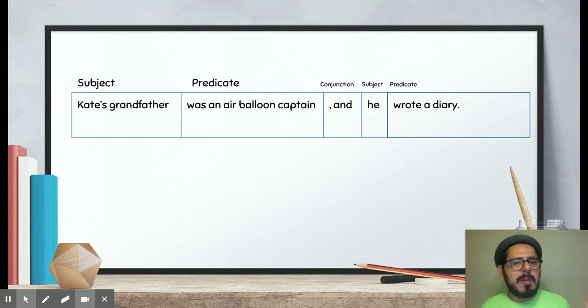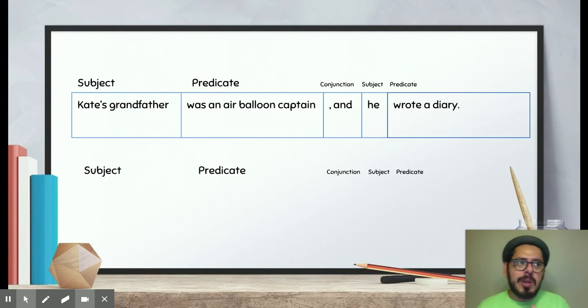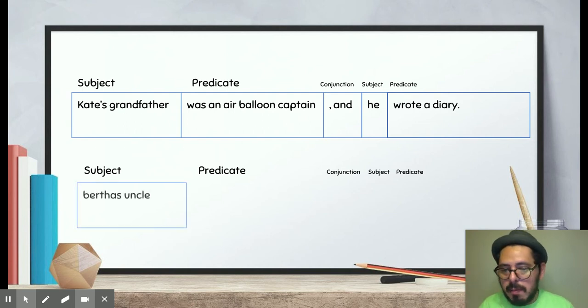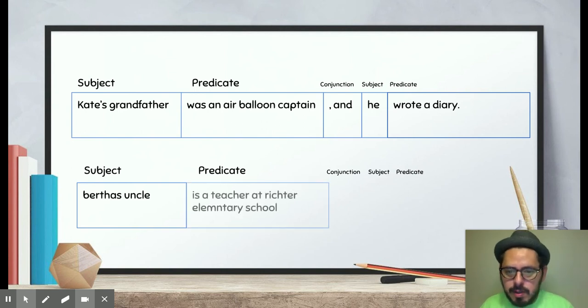We're all good. So I'm going to think about the same thing, but I'm going to create my own sentence. I had a student whose name was Bertha. So that name popped in my head. Now, I'm going to make some mistakes on purpose. But don't worry about the capitalization and the spelling right now. Believe me, this is not a mistake I did. So, subject, Bertha. But not only Bertha, I'm going to say Bertha's uncle. All right, Bertha's uncle. And then the predicate is going to be, he's a teacher in Richter Elementary.